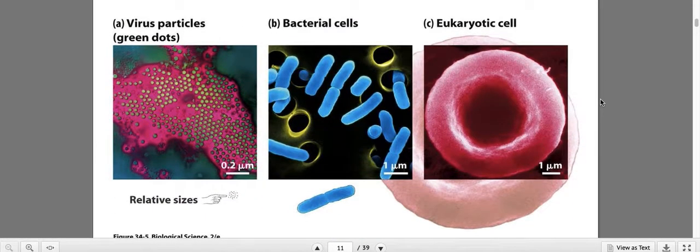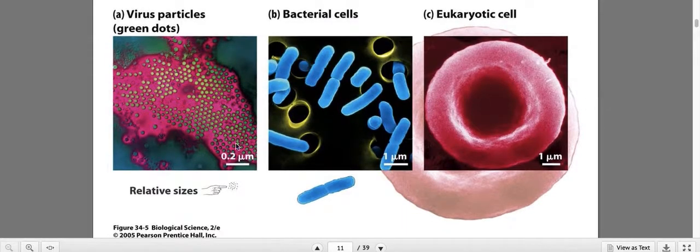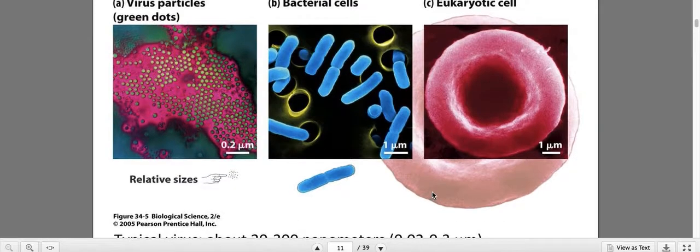So they're also, we said, really small. If you want to compare, these are pictures of virus particles over here, these little dots, and I'm guessing that's in a cell. They're breaking it apart. This is a bacterial cell, and this is a eukaryotic cell, one of the smallest, which is a red blood cell. These are the cells that make your blood.